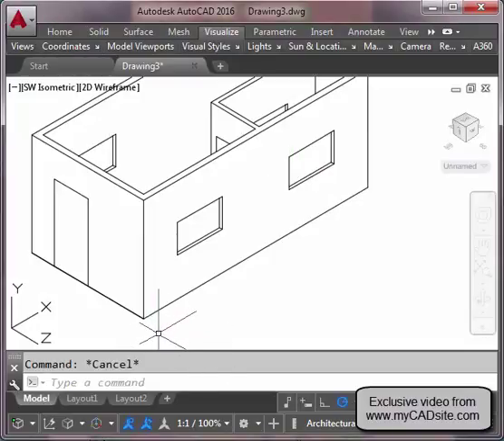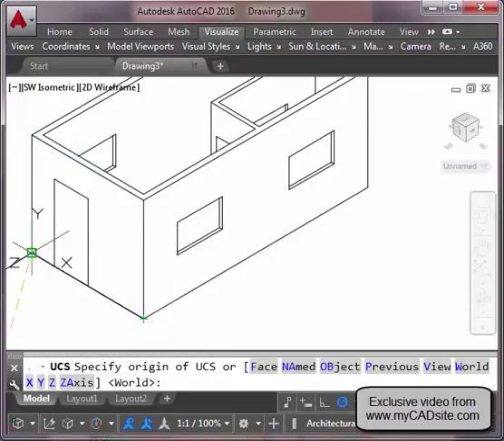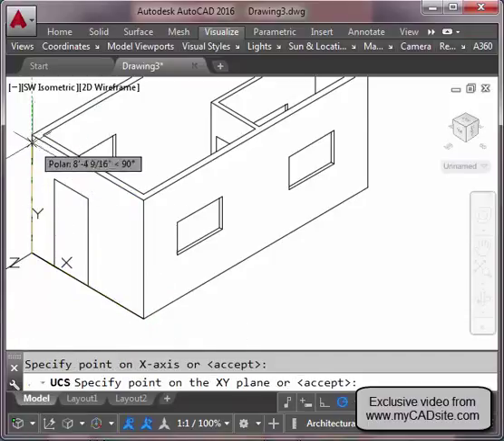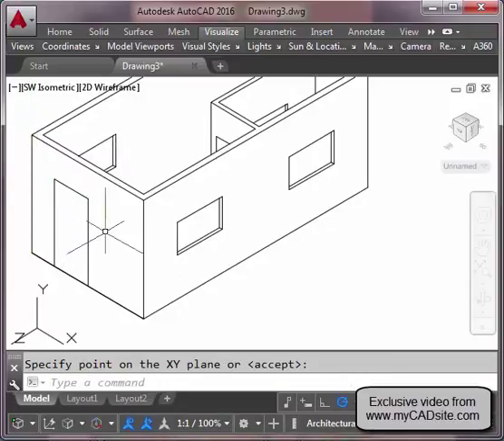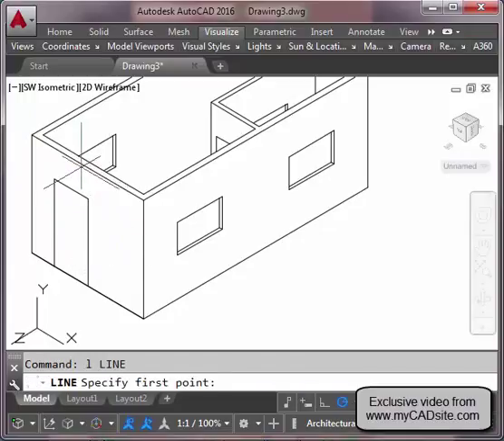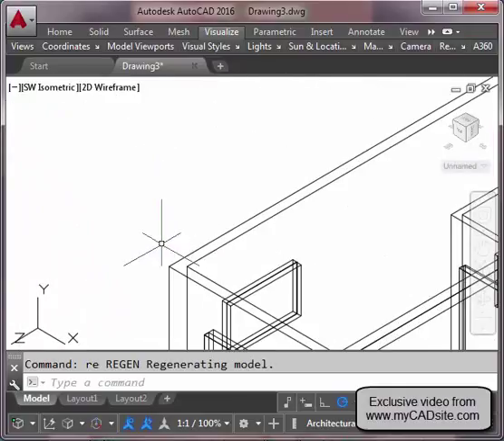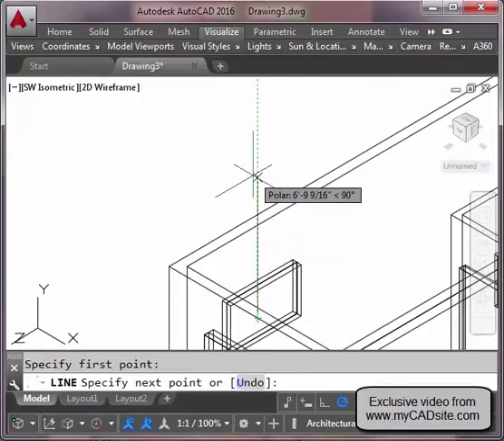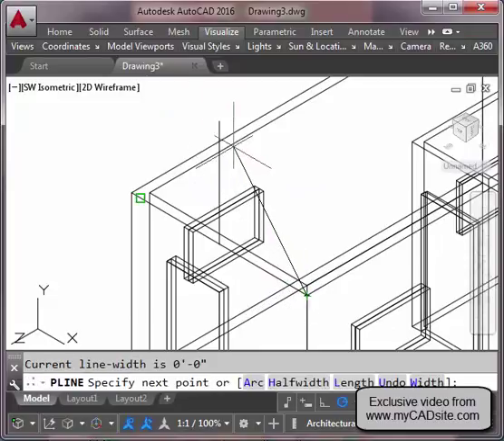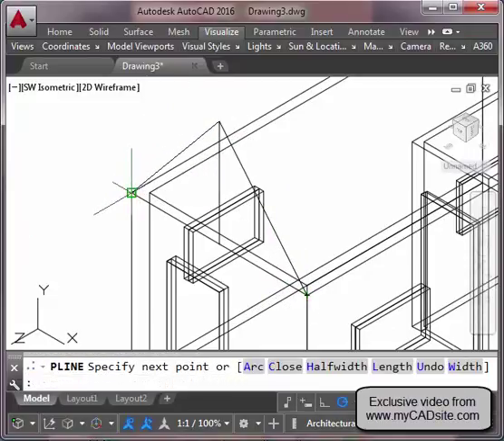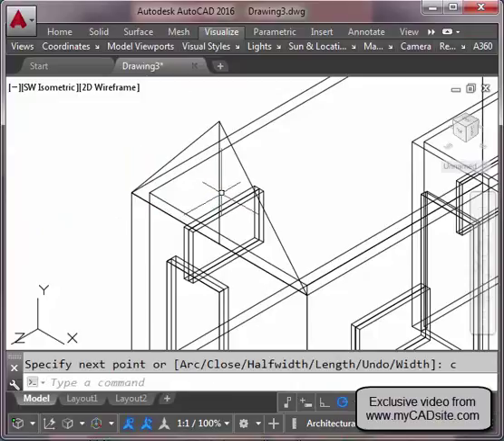So the next thing I'm going to do is add the roof, and I'm just going to change my UCS again: my origin, positive x-axis, and my positive y. And I'm going to start by drawing a line from my midpoint 6 feet up. Now I can draw a polyline from endpoint to endpoint to endpoint and close it. Erase my line,